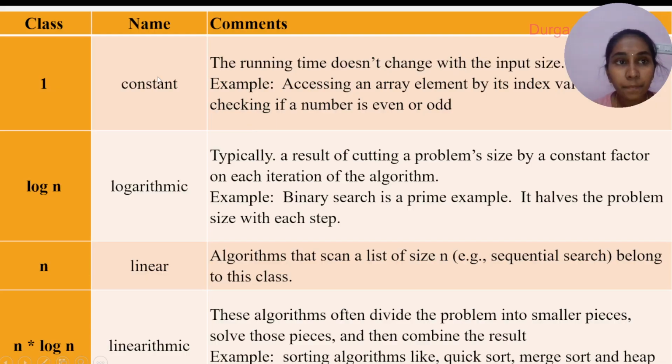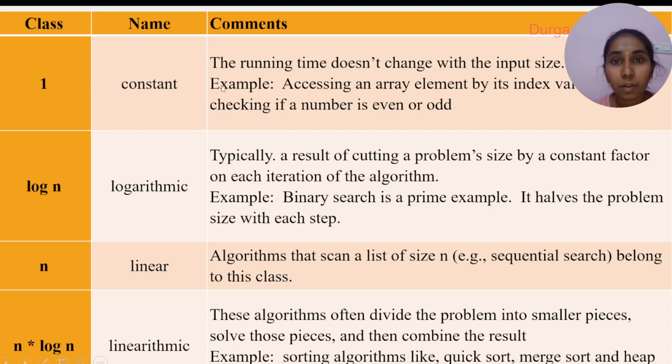Okay, so let's see. The first one is constant. For constant, the order of growth is order of 1. So the running time does not change with the input size. Then the time complexity of the algorithm is order of 1. If the algorithm takes a constant amount of time for problem solving, then the time complexity of that algorithm